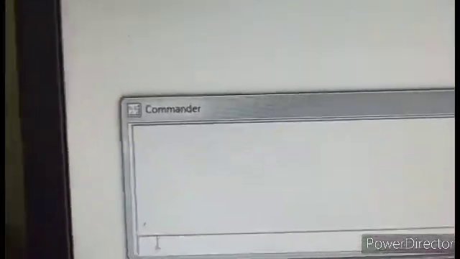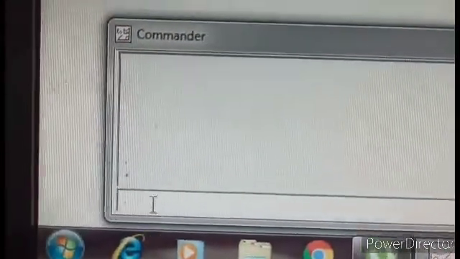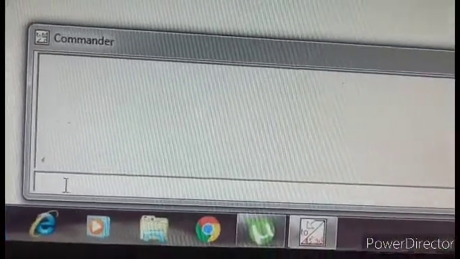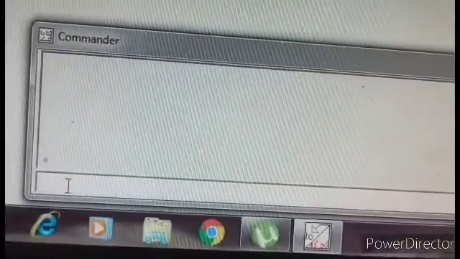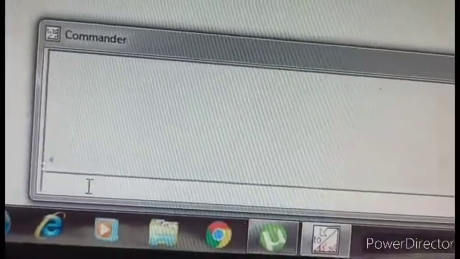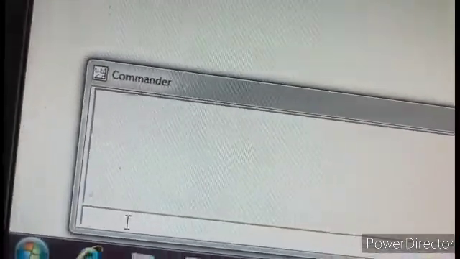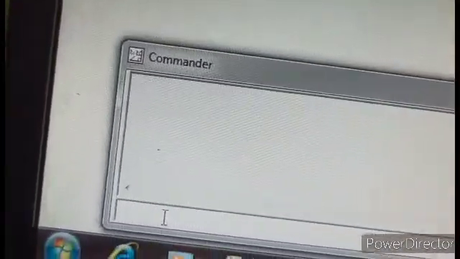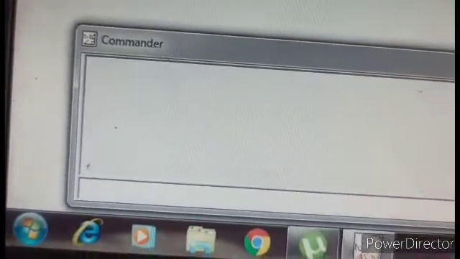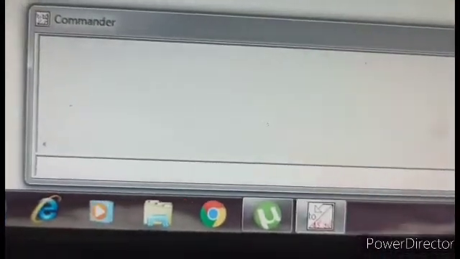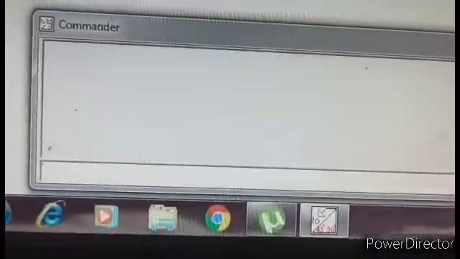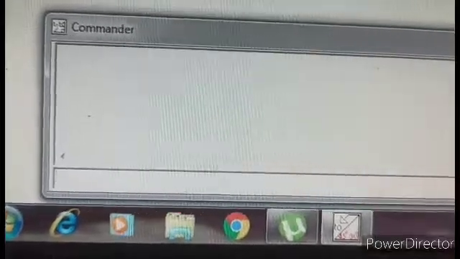Next is primitive. Whatever commands we write in this command window or command input box, whatever you type or write, those are called primitives. So Logo commands are called primitives. Understood? Logo commands are called primitives. When we enter a set of Logo commands, that together makes a Logo program.